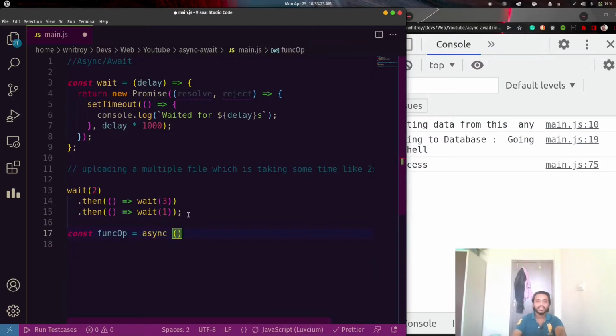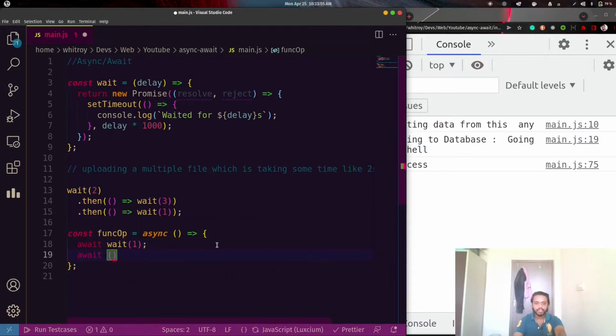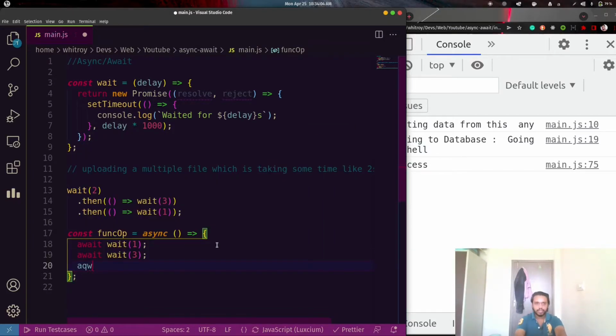Async await can be used only in functions which are declared with the keyword async. We can't use async await in a normal function, otherwise it will throw an error. So we have to declare a function like this, waiting for 1 second, 3 seconds, and wait for 1 second is here and 2 seconds is here.